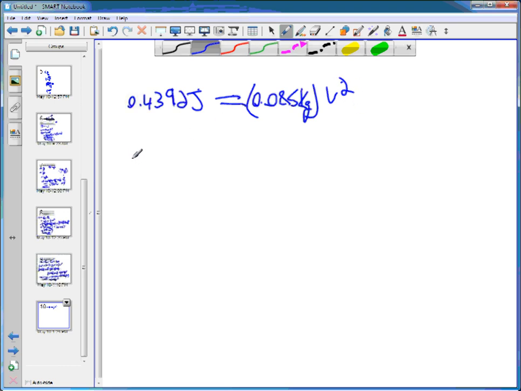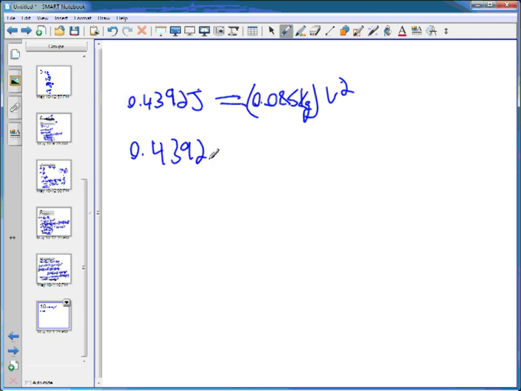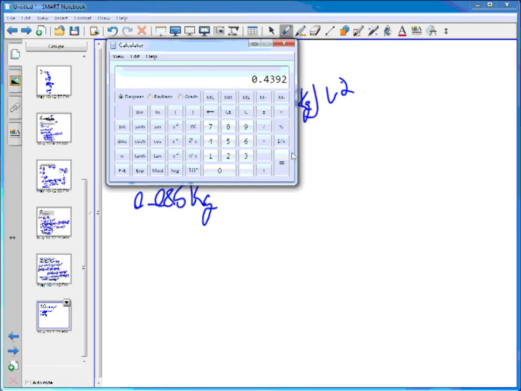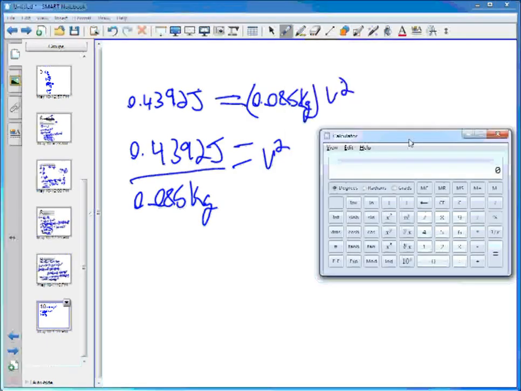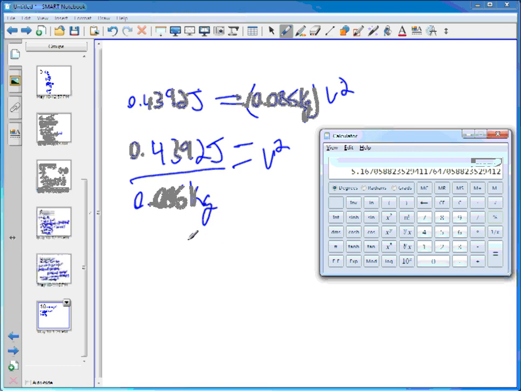So 0.4392 joules divided by 0.085 kilograms is equal to v squared. Okay, on our calculator, 0.4392 joules divided by 0.085 kilograms equals